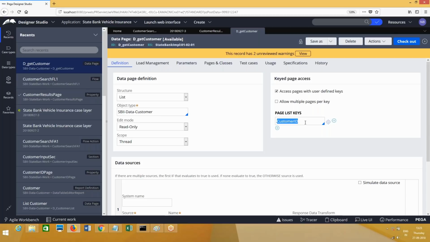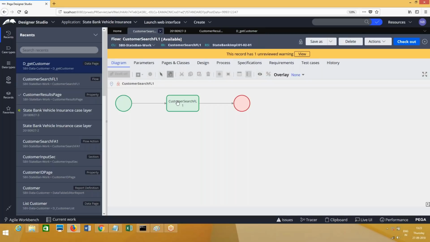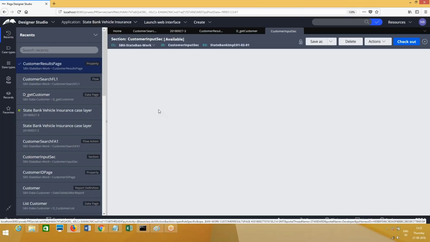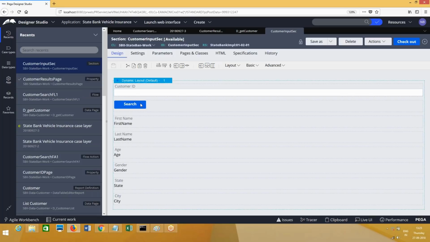So the advantage of this is, if you want to generally perform a customer search, what we have to do is, on click of the button, we need to call some rules. So in the section, on click of the button, generally we call an activity or some rule, and the rule will be executed, and then data will be retrieved every time you perform a customer search. Suppose you perform customer search for 10 different customers, 10 different times this is going to execute the rule which you call generally on click of the button.